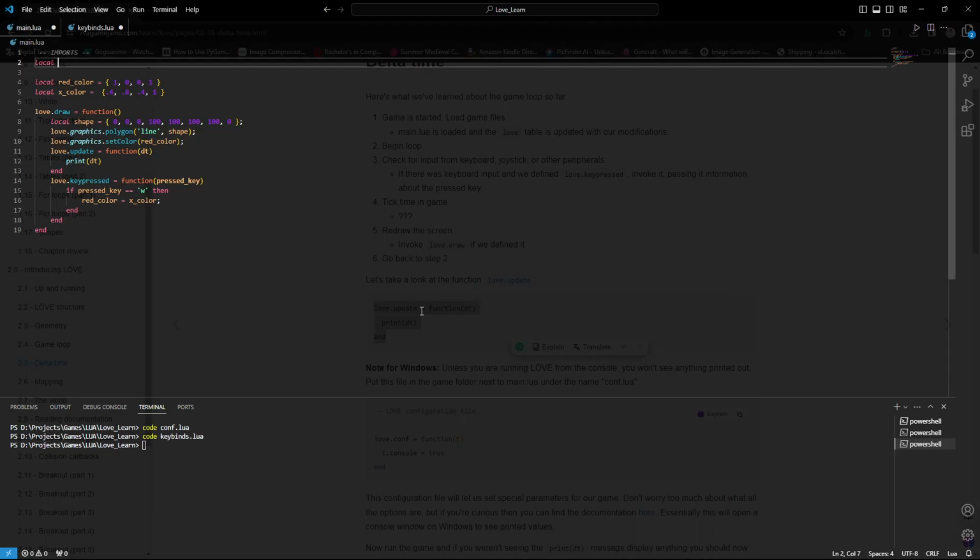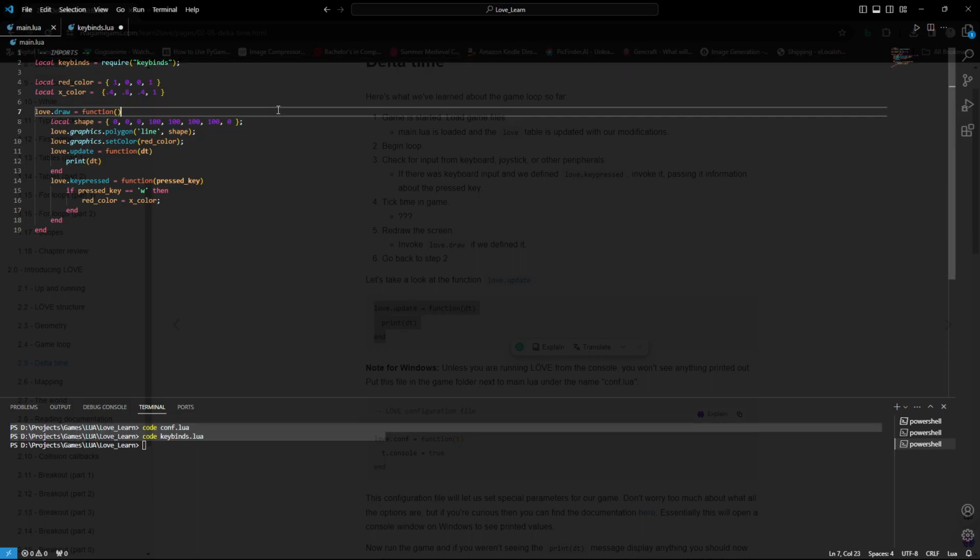Let's do it like keybinds is equals to require, then a module, whatever the module name is, which in this case is keybinds. Just like that, and through that, instead of doing all of this particular code, actually this whole section of code, we could just go for